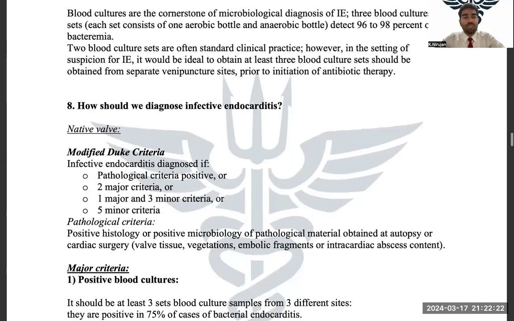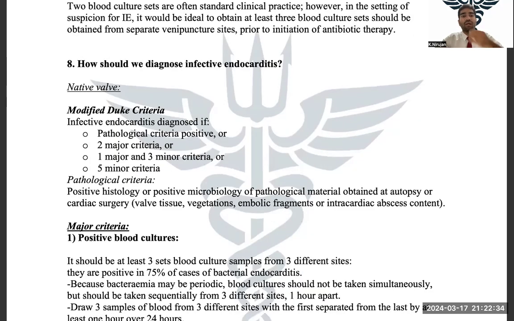Okay. And how do we diagnose then? Is there a criteria? We can do full blood counts, ESR, CRP, creatinine, UFR, echo, cultures, but is there a way of diagnosing? Yeah, what we do is we use the modified Duke criteria to diagnose infective endocarditis. Duke is the person who proposed the diagnostic criteria initially, then we made changes over the years and now it's